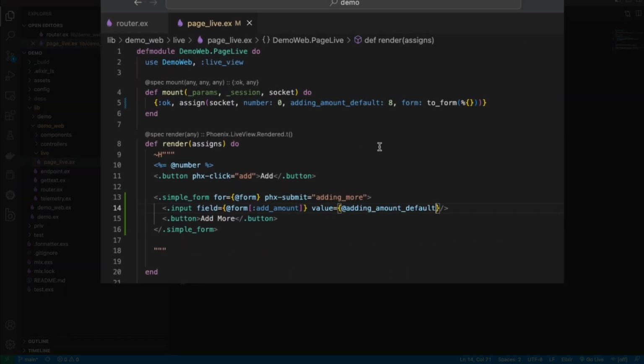Now, the other way to do this, and what's new with Phoenix LiveView now, and particularly Phoenix 1.7, is the way that we use the forms. Since we implement this to_form structure and we can pass parameters directly here into the to_form, we can actually make this a parameter specifically to the form. So instead of having something assigned to our socket that could be used in different places, if we have something